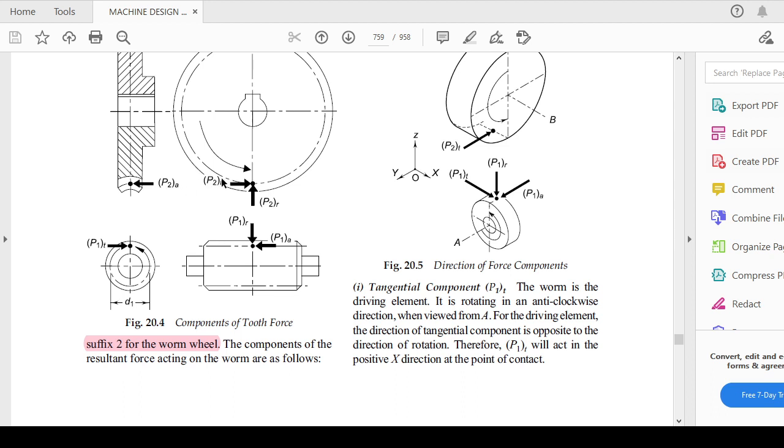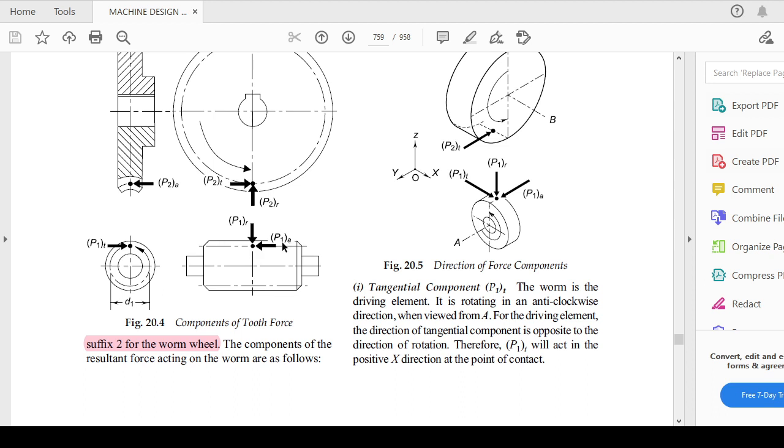This is the tangential force on the worm wheel in the right hand direction. In the upward direction, this is P2R, the radial force on the worm wheel. Similarly, this is P1T, the tangential force on the worm. This is P1R, in the downward direction, the radial load on the worm, and this is the leftward axial